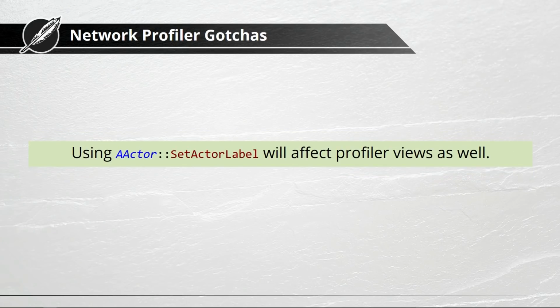And another one, if you're using SetActorLabel at some point in your editor code, this will affect this profiler view as well. So we built an entire level editor from scratch for A Year of Rain because we have tile-based gameplay, and Unreal Engine has very limited support for painting meshes and stuff like that, especially when it comes to tile editing. So we built our own editor, and this editor actually changed the label and sorted stuff into folders so that the world outliner looks reasonably well ordered, but in the profiler view it looked like this.